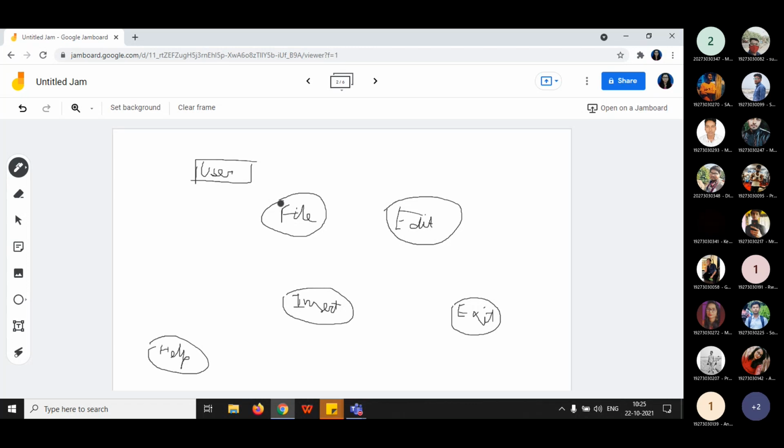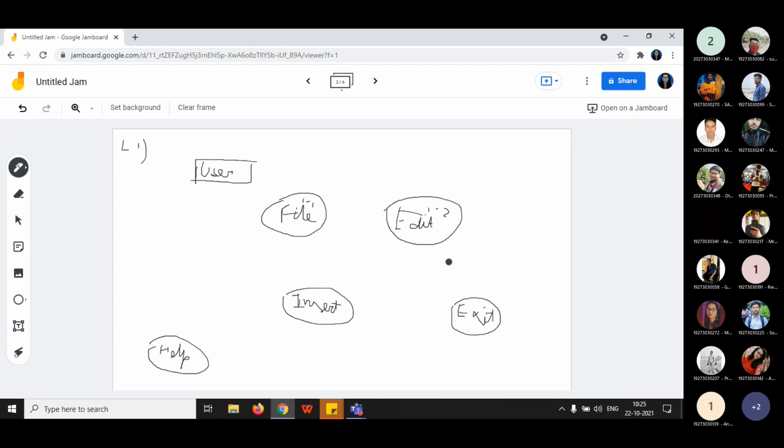So let's rename it. This is level 1. Earlier it was level 0. How will we rename it? It will be 1.1. Edit will be suppose 1.2. Because within this level 1, these are the sub processes, that is, process 1 has these sub processes.